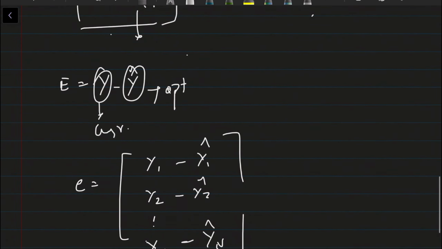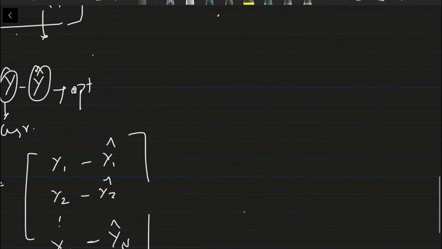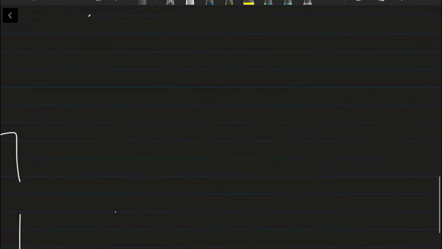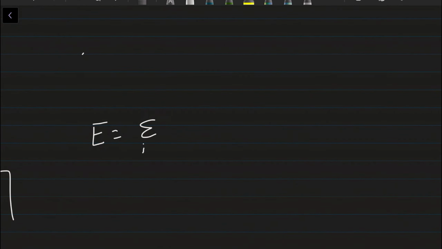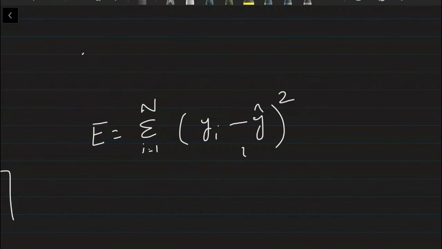So the cumulative of all the errors at each point, we can write as the entire E equal to summation of 1 to n, yi minus y cap whole square, right? So this is E. Now it is represented as E1 square plus E2 square plus E3 square